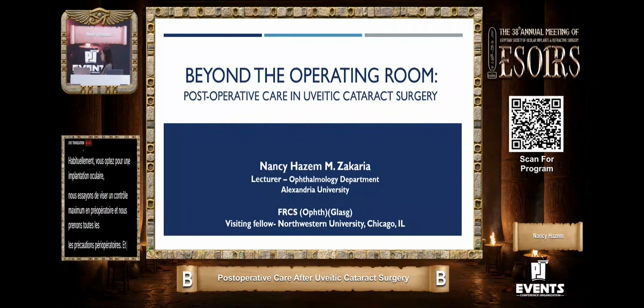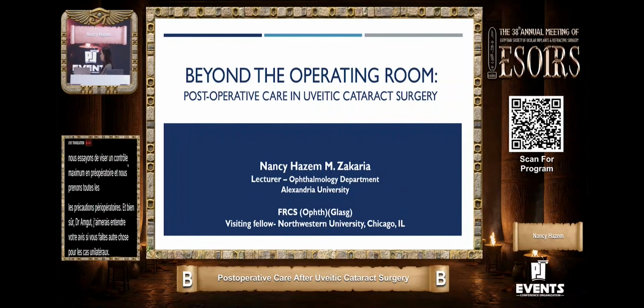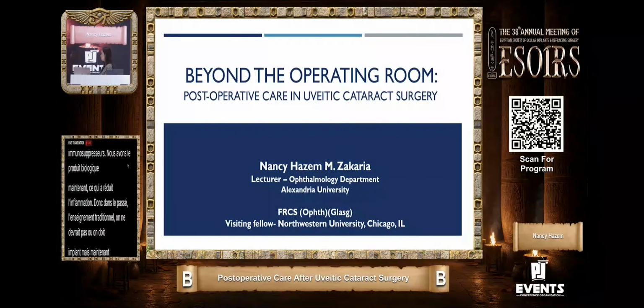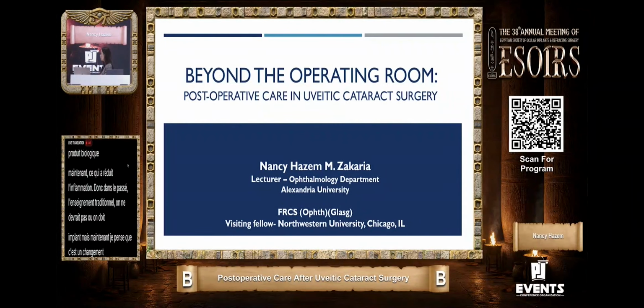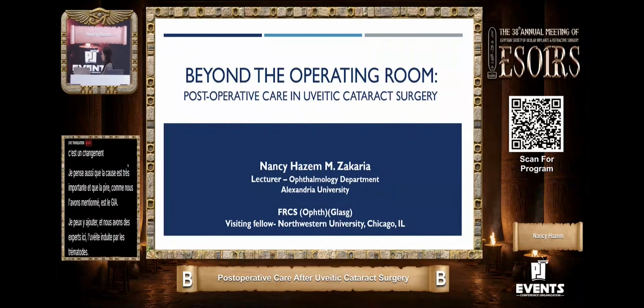Okay, so I think the situation now changed because of the progress and the advent in the materials of the IOLs and the immunosuppressives. We have the biologics now, which reduced the inflammation. So in the past, the traditional teaching was we must not implant. But now I think this is changing. I think also the cause is very important, and the worst, as we mentioned, is the GIA. And I can add to them, and we have an expert here, trematode-induced uveitis. So what do you think, Dr. Amgad?